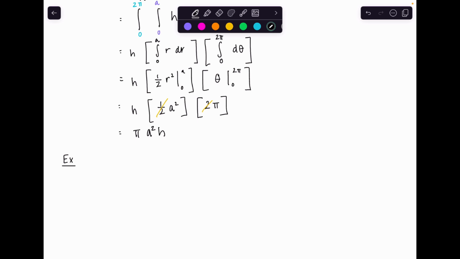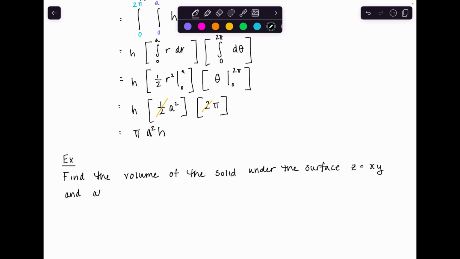We're going to find the volume of the solid under the surface z equals xy, and above the region on the xy plane in octant 1,